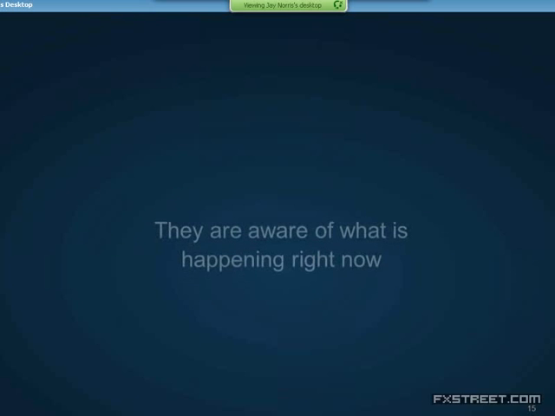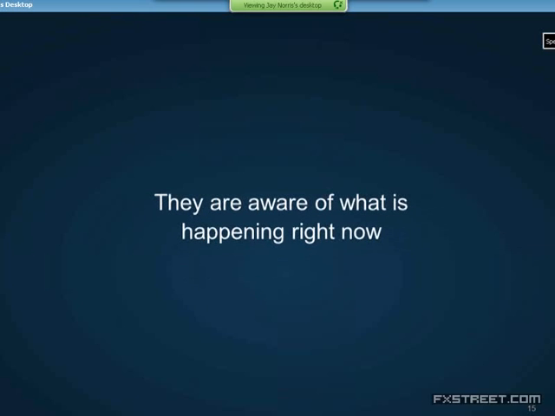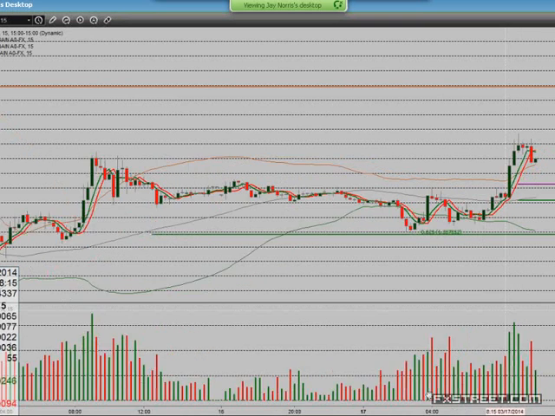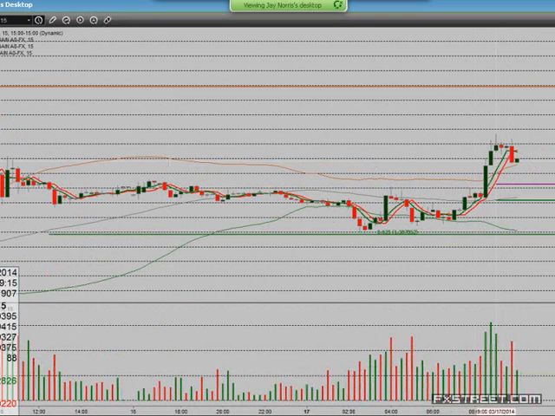And also I think that what makes a great trader is they are aware of what's happening right now, okay? You can't get caught looking at what happened yesterday trying to figure out what's going to happen tomorrow. You have to see what's happening right now. Great example in the euro today, when I see this volume come in on the opening of the U.S. stock market, here's where the U.S. stock market opened right here,